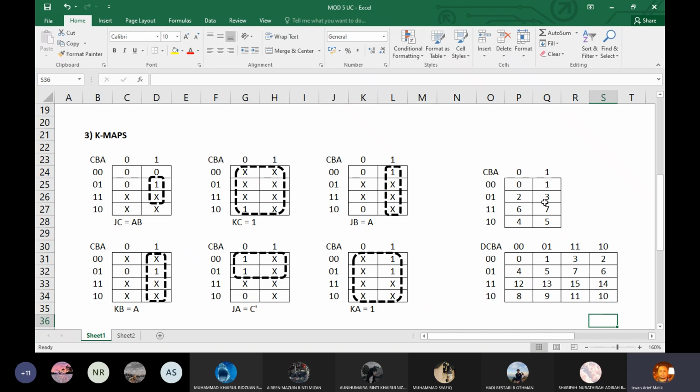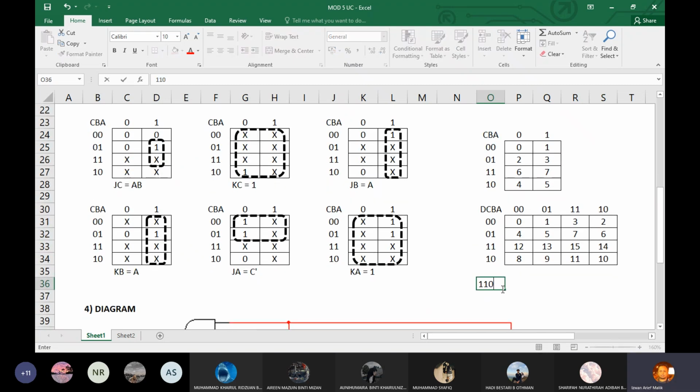Kalau 3 bits tadi 0, 1, 2, 3, 4, 5, 6, 7. Okay. If you are wondering macam mana saya dapat nombor, kenapa sini 13? Ni dia ni. Baca ni. 1, 1, 0, 1. Okay. So 1, 1, 0, 1 is equivalent to 8 tambah 4 tambah 1. So 8 tambah 4, 12 tambah 1, 13. Ini kenapa 2? 0, 0, 1, 0. So 0 tambah 0 tambah 2 tambah 0. So jadi 2. Okay. So that is why I'm urging you,